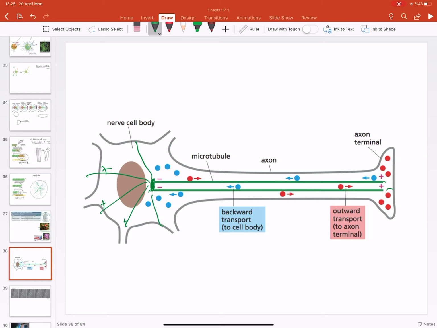Okay, and they have two different movements. Either they can go outward, and we call them anterograde, and they can go backward, which is retrograde. Retro means back and away. For the anterograde, you can carry several things. The neurons are so long, diffusion is absolutely not an option. You can bring maybe mitochondria, maybe mRNAs to be translated here locally, some proteins, some neurotransmitters, these nerve proteins, any